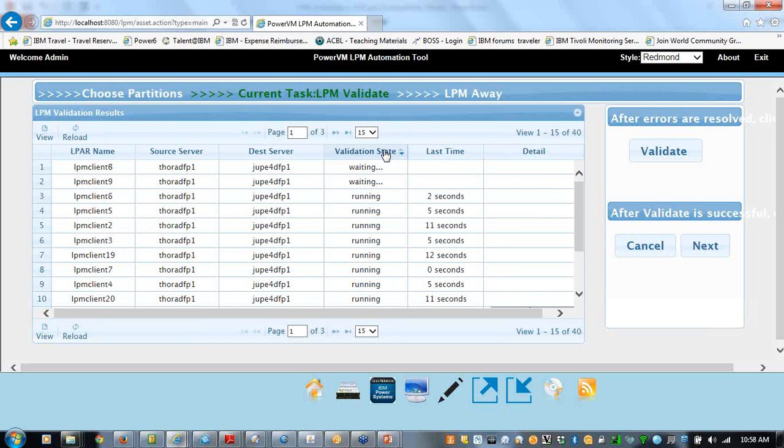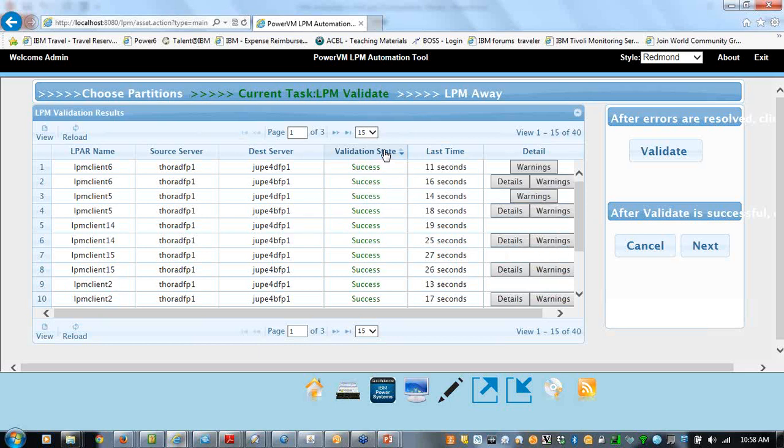And what's going to happen, after we figure out what LPARs can go to which servers, because not all LPARs may be on the same VLAN, and maybe some of the destination servers have different VLANs, or something else going on. Or maybe my source uses AME, but only one of my destinations uses active memory expansion. So the validate would succeed on one of those servers, not the other servers. So now it's finished and everything's successful.